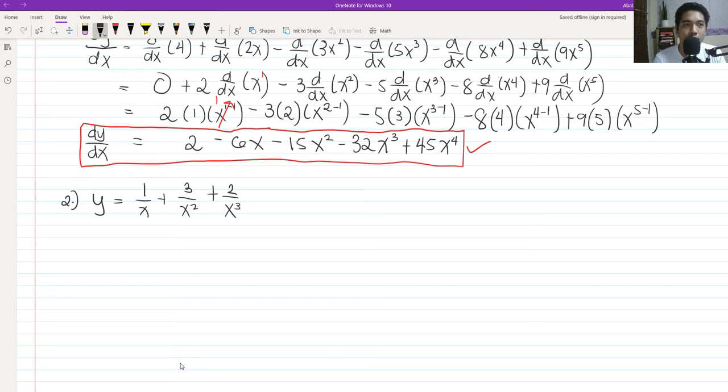So our main goal here is to use the power formula. You can also use the quotient method here in each of the terms, but it is more efficient to use the power rule. Why? Because if we recall our knowledge of exponential properties,